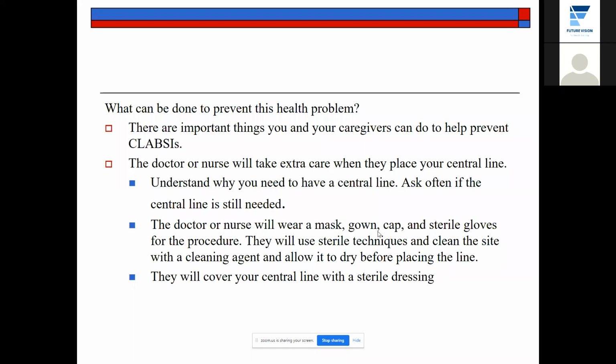But كمان at some point الرول تبع النيرسز إنه دائما كل يوم يذكروا الأطباء إنه هل يا ترى still we need a central line؟ هل يا ترى في إمكانية إنه نشيل السنترال لاين؟ لأنه مجرد ما المريض يصير في عنده سنترال لاين he has a high risk of infection. كل مريض صار في عنده ريسك الانفكشن العدوى أكثر وأكثر.